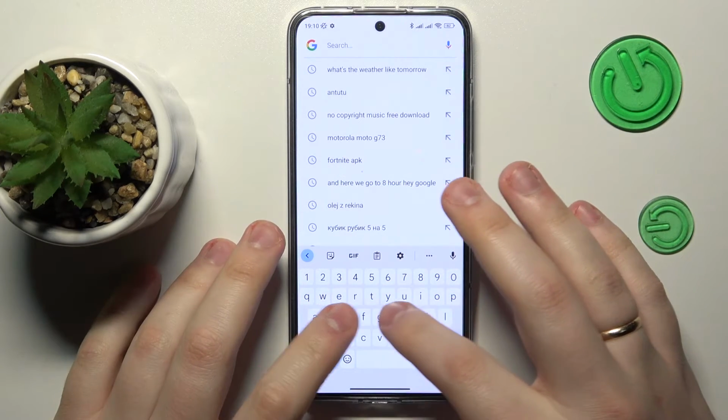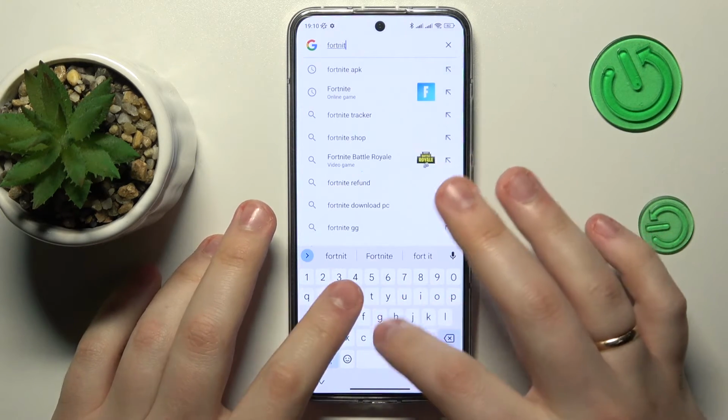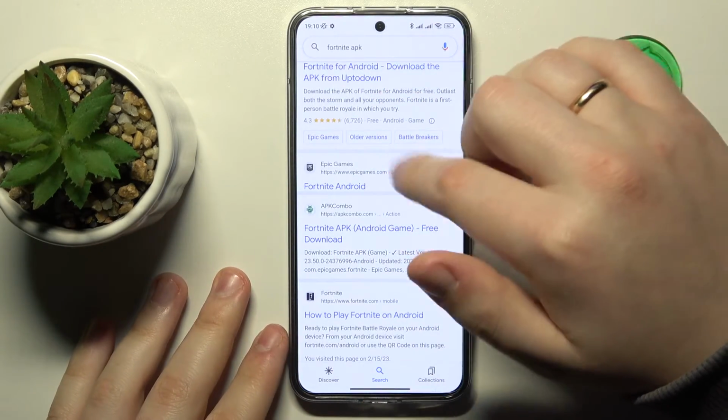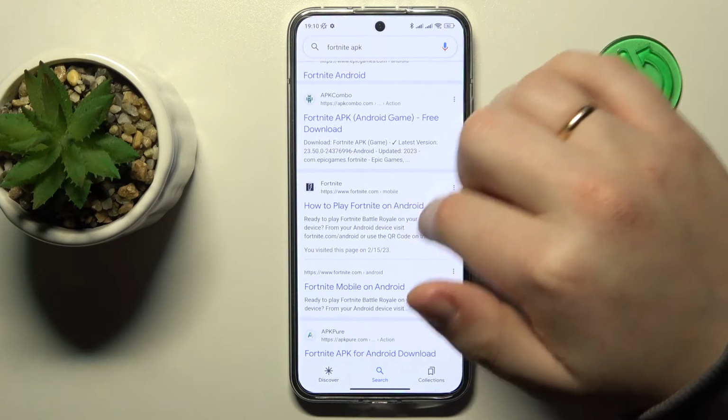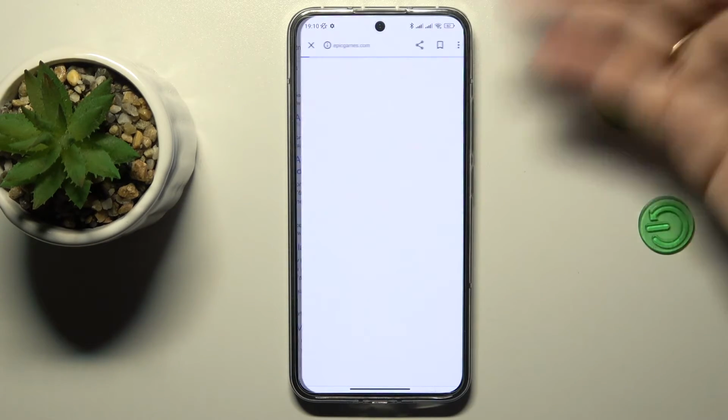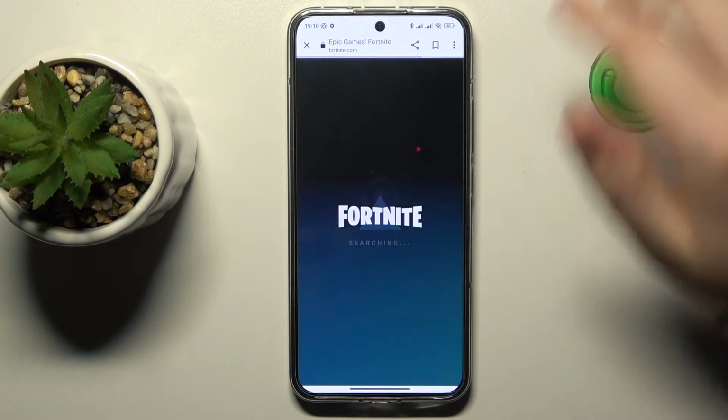At the search bar, type in Fortnite APK. Then among the search results, you gotta look for either official epicgames.com website or Fortnite.com website. Either one of those will work, so choose whatever pops up first. Then